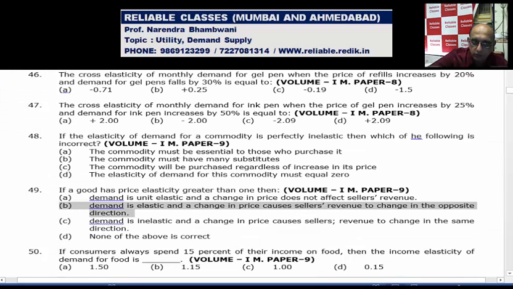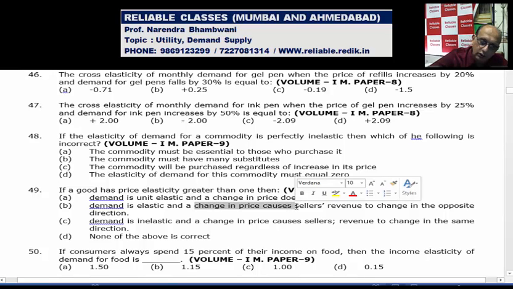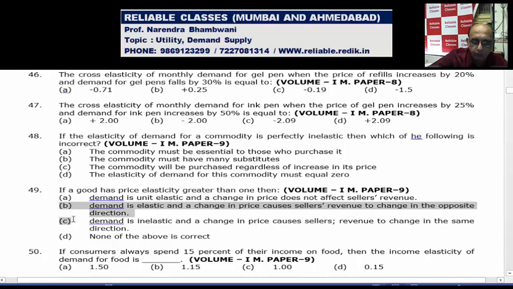inelastic. यहाँ पे क्या? Demand is elastic. A change in the price, elastic होगा तो वो demand को follow करेगा. Causes seller's revenue to change in opposite direction. Yes. प्राइस चेंज होगा तो opposite direction डिमांड भी जाएगा और total revenue भी opposite direction में जाएंगे. तो this is what a correct statement? No,